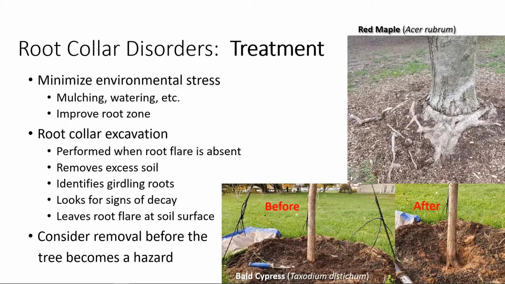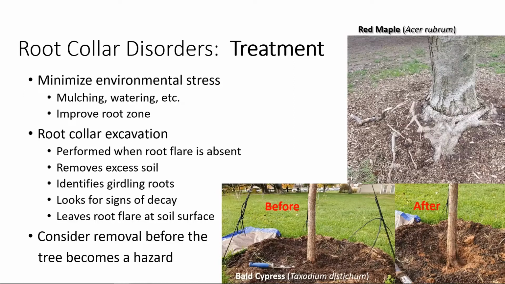So in my after picture there, you can see I've left kind of a bowl-shaped area right there around the root flare, and that needs to be left there so that root flare is again exposed to air and the environment and all the things that it naturally would be. And that kind of creates a difficult management situation in the landscape where you constantly have mulch that wants to kind of pour back in there. And so, you just have to kind of keep that pulled back over time.